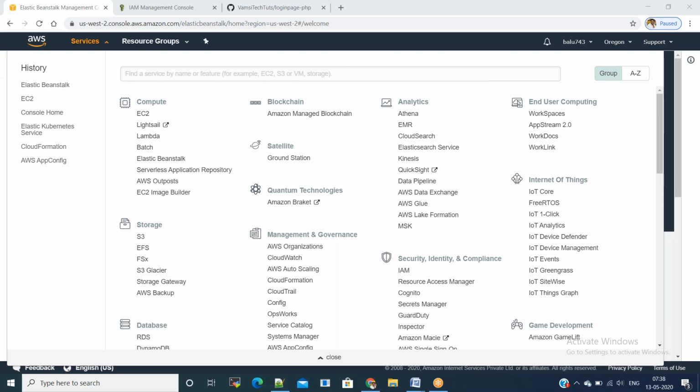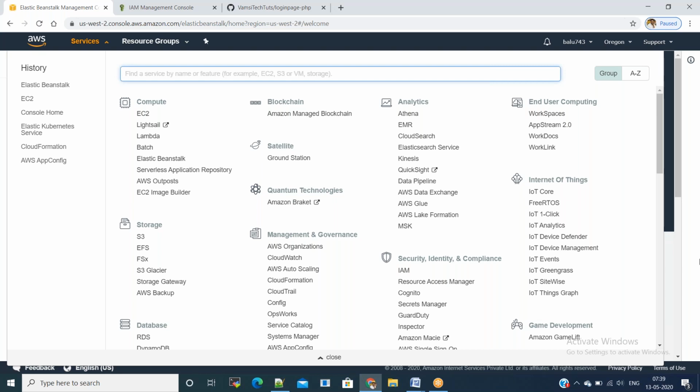In this video, we will create a simple PHP application, then we will push it to a GitHub repository, and we will let CodePipeline handle the automatic delivery and deployment of the application to Elastic Beanstalk. Let us start with the implementation steps. First, I will create an Elastic Beanstalk environment for a PHP application, and I will deploy a sample application. Once it is working, then I will start implementing the CI/CD steps using CodePipeline.